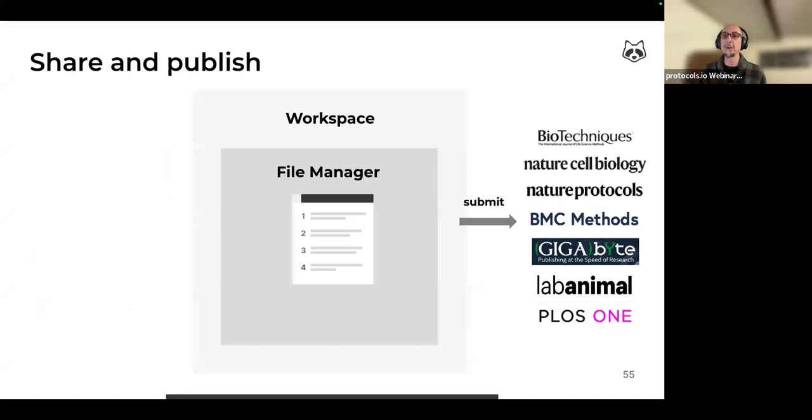Another way to share your protocols and to increase your credit for method development work is to send the protocols for peer review as standalone methodological papers to Biotechniques, Nature Cell Biology, Nature Protocols, BMC Methods, Gigabyte, Lab Animal, or PLOS ONE.